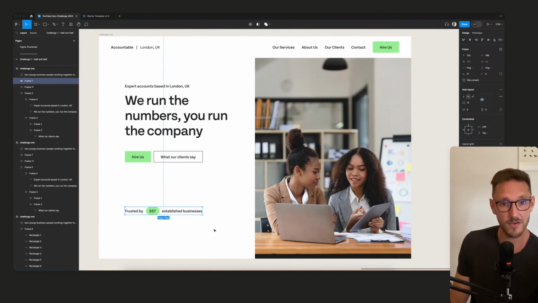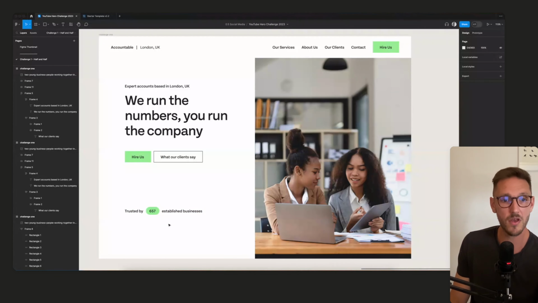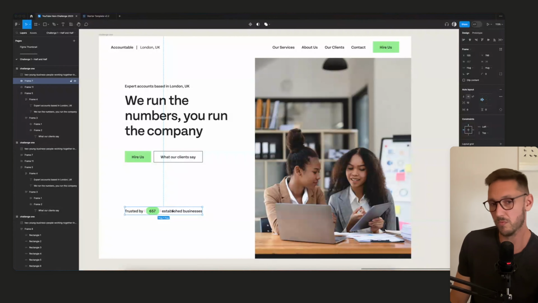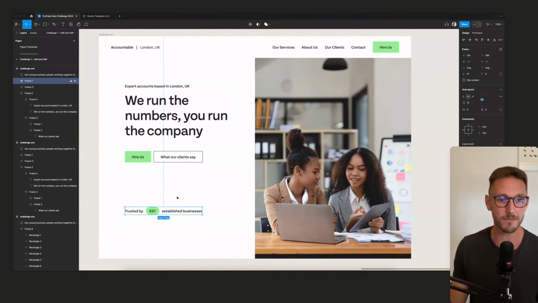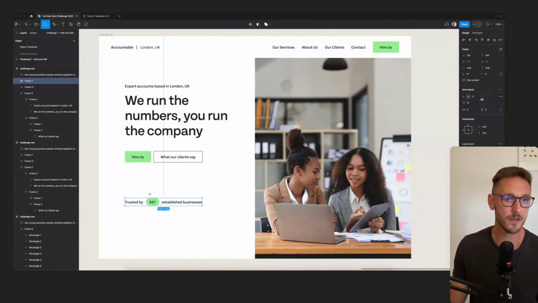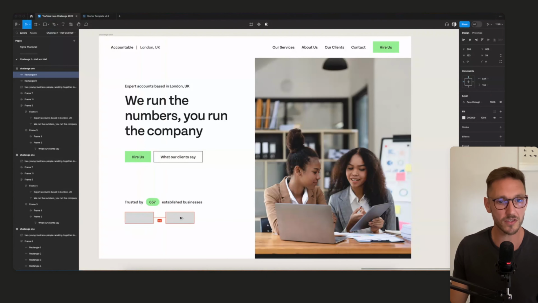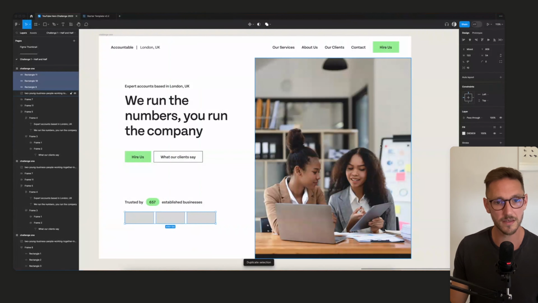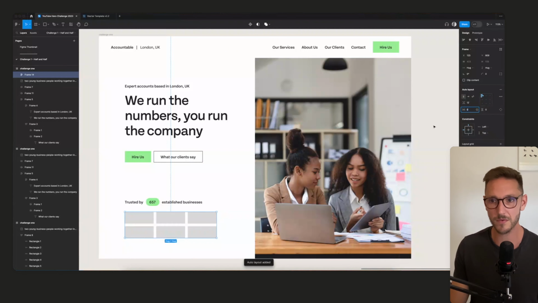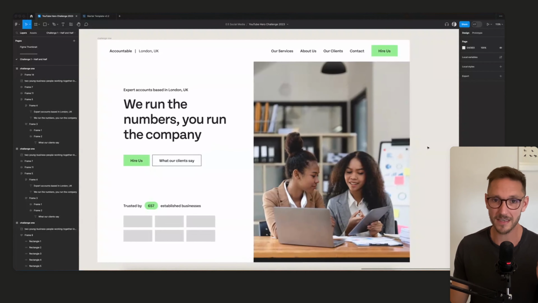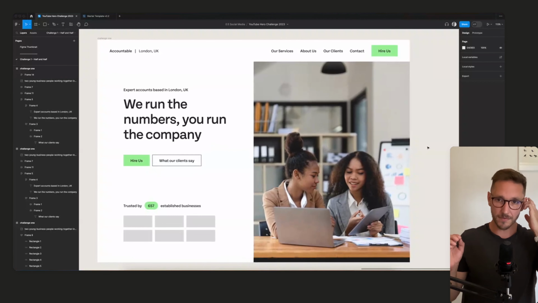Trusted by loads of businesses. Oh, these guys are legit. They've been around forever. Or this could be, we've been working together since 1902, and you're like, oh wow, if they're 120 years old, they know what they're doing. So looking good. I think we need maybe some logos here. So instead of having them all across, maybe we could have a little grid like this. Duplicate that, auto layout this and give this 12 as well. That could work. Maybe starting to get a little bit busy, but we'll put some logos in a second and see.